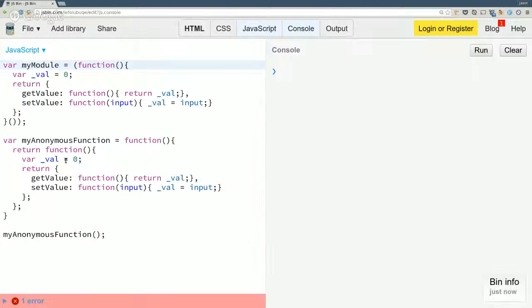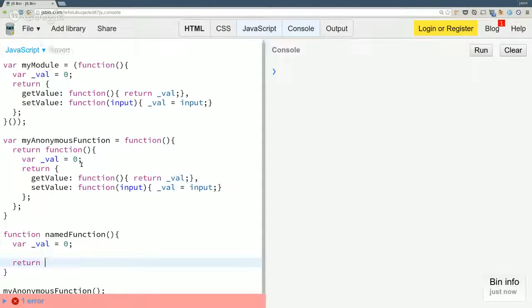Inside of that function, just like any other function I would write, I could have a named function just the same, and in any function, I can write a variable inside of that function. And again, when we talk about functions, it's all about input and output, right? I can, in any function, return a value, right?